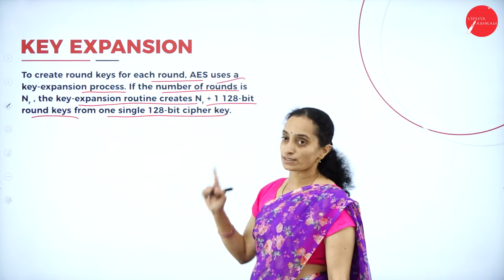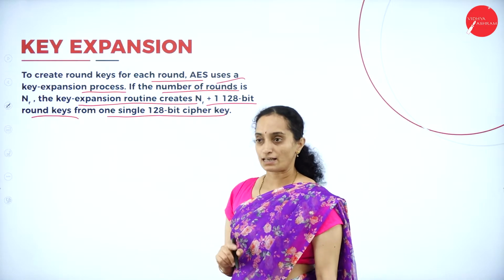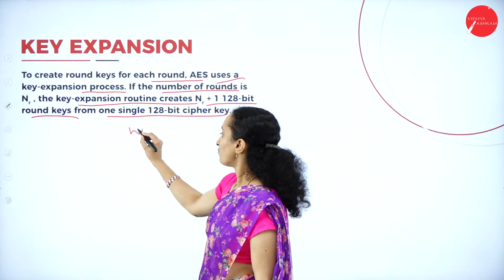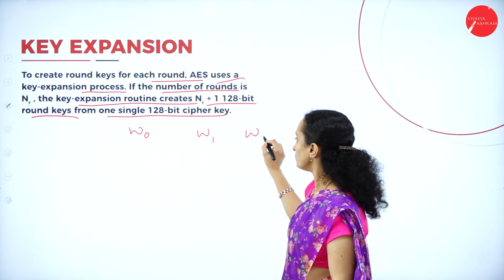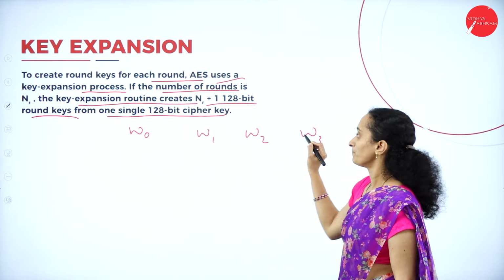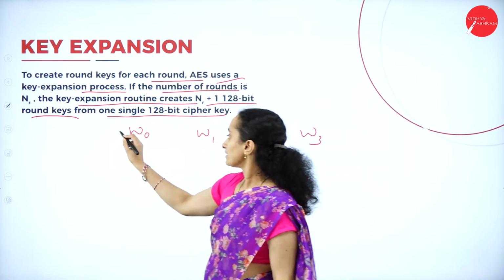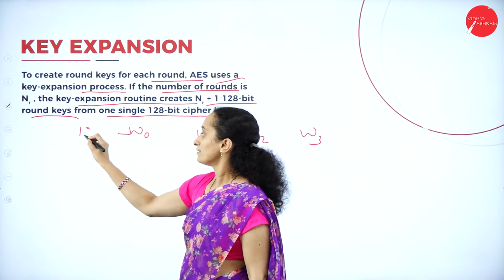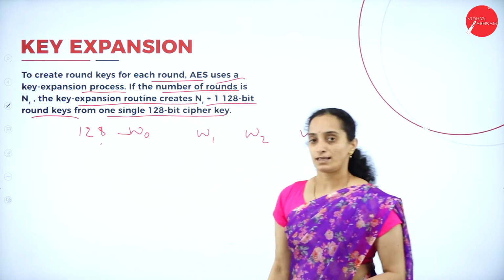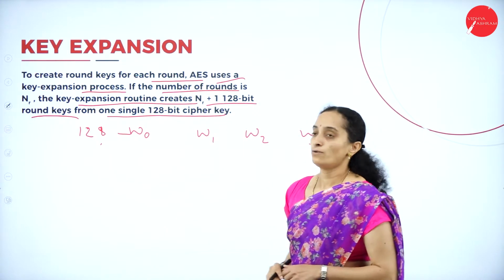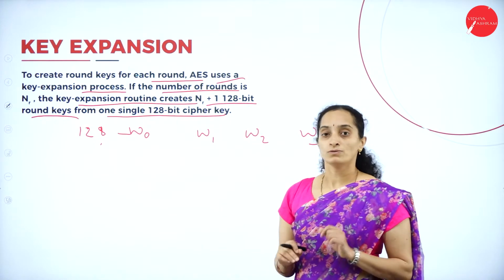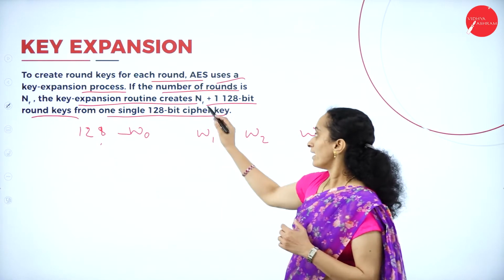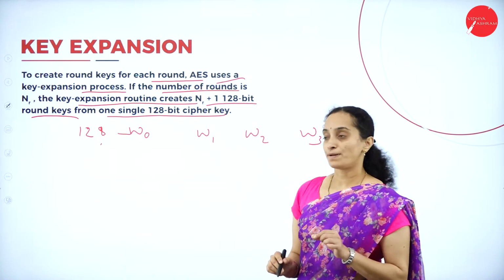So you'll be having a 128-bit cipher key. That means 4 words, W0, W1, W2 and W3. From this 128-bit cipher key, we are going to generate the Nr plus 1